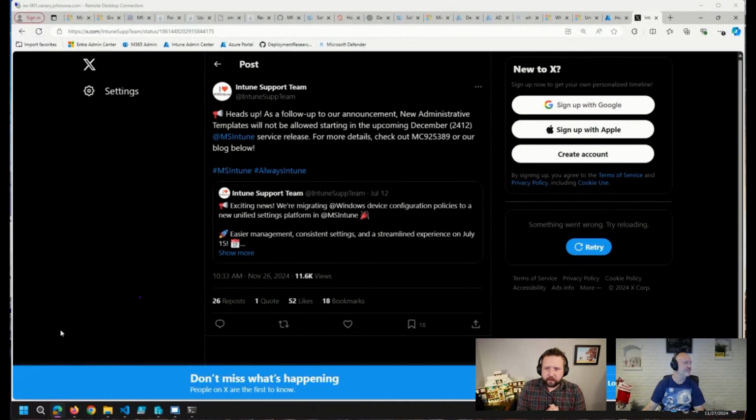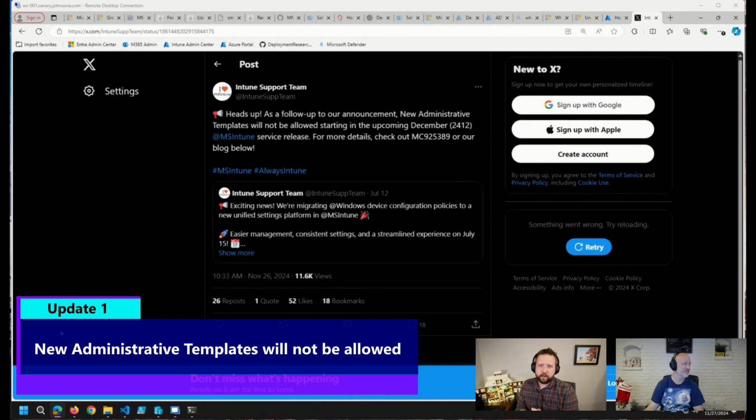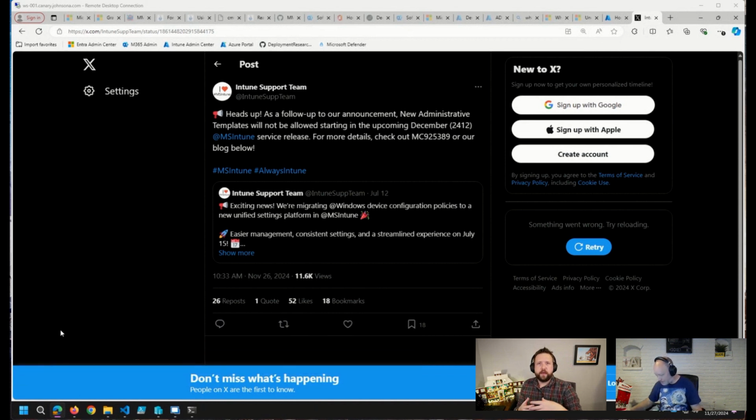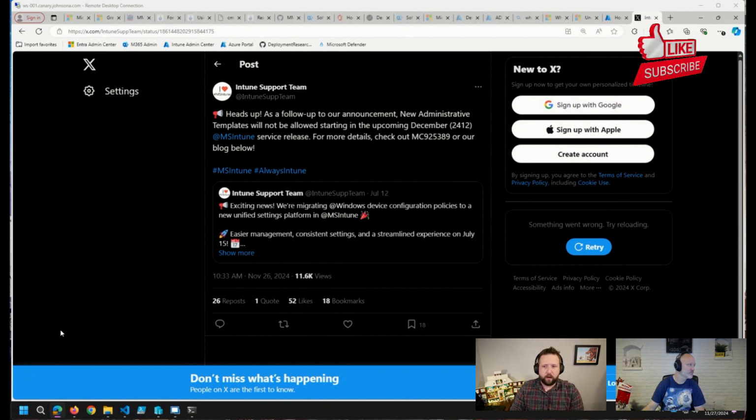First thing that we have here is an update from the Intune support team. The administrative templates that you can create now when you go into Intune and create a configuration profile, you can select administrative templates. New administrative templates are not going to be allowed starting in the next service release of Intune, which will be mid to late December. And I wanted to point this out because these settings are just simply moving into the settings catalog. So Microsoft has been working on this migration for some time now, moving more and more settings into